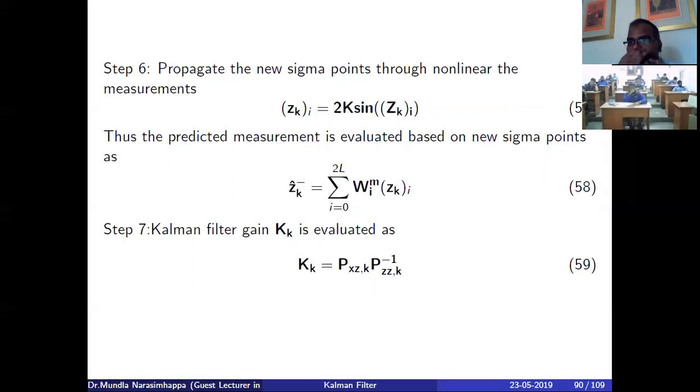So we are taking the autocovariance function here. This is the autocovariance function, which gives the predicted autocovariance of the measurements, right? So once you have the predicted measurements and predicted state and measurement